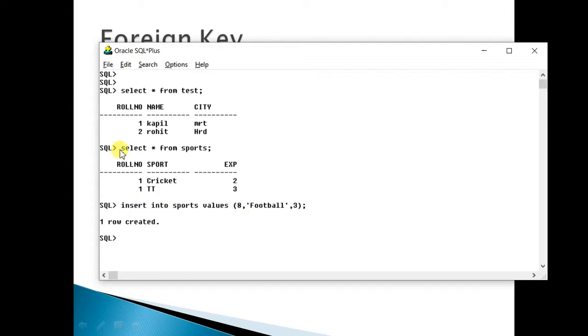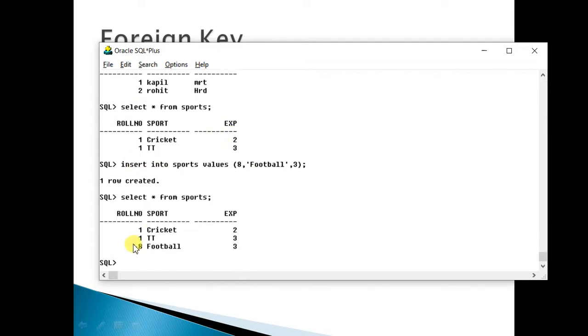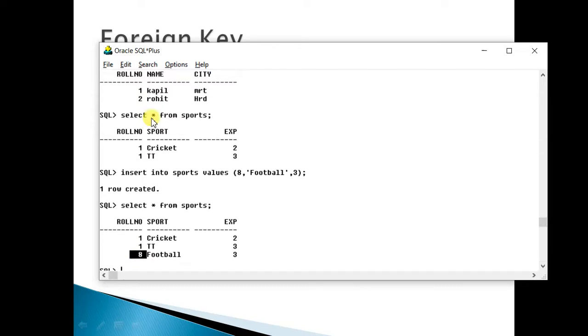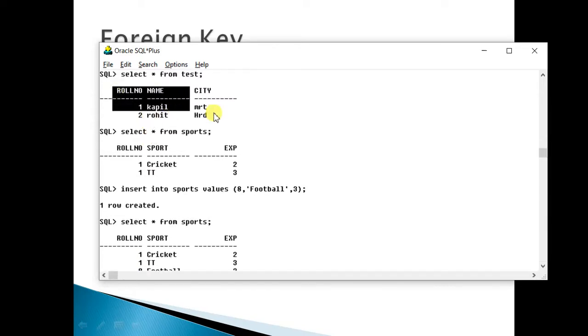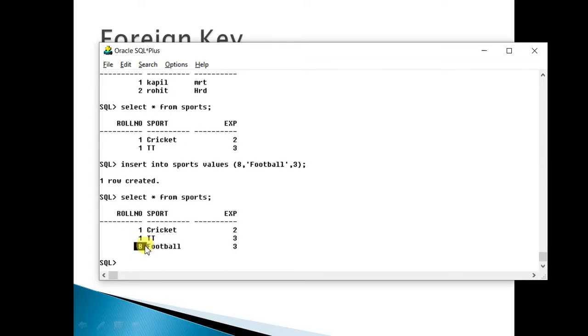So let us see the values. Now this is wrong. What is roll number 8? Since there is no student with roll number 8, this roll number is invalid. Or the integrity of data is lost, or the data is inconsistent, you can say.